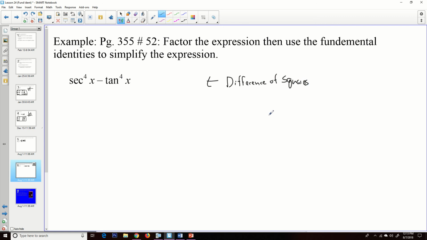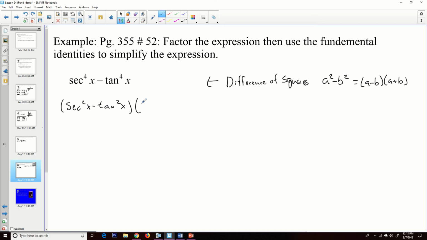We learned that back in probably Algebra 1, that a squared minus b squared was a special factoring form, and it'd be a minus b times a plus b. And so we can factor this expression into secant squared x minus tangent squared x, and then